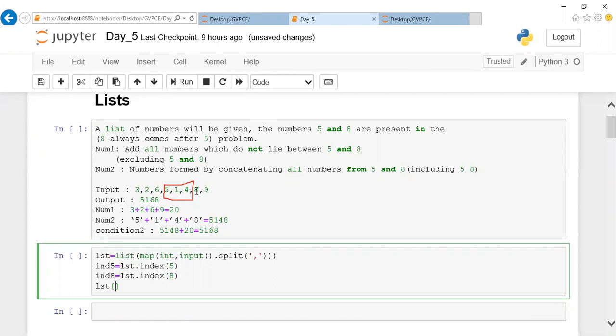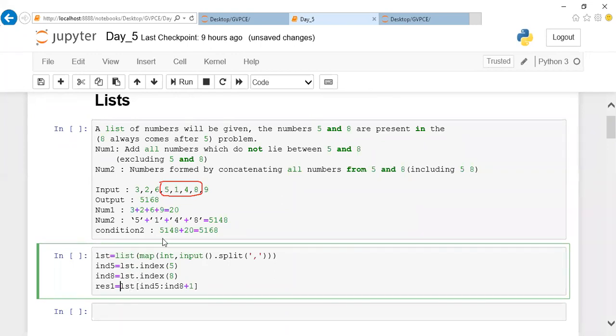I'm going to slice it and I'm going to do concatenation of it. So this range. We'll go ahead with the slicing here. List of, where should I start? I should start my slicing from list of index position 5 till list of index position 8 plus 1. If I mention that, the values inside this range will be sliced, and let me store this data in result one. So now this data has been sliced from the list of values and I'm storing it here.